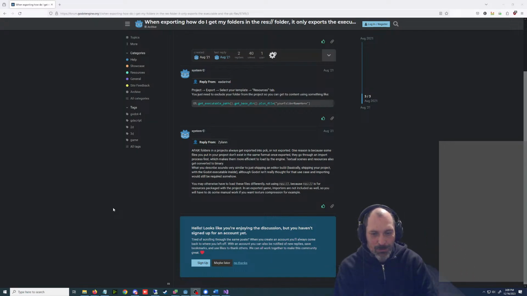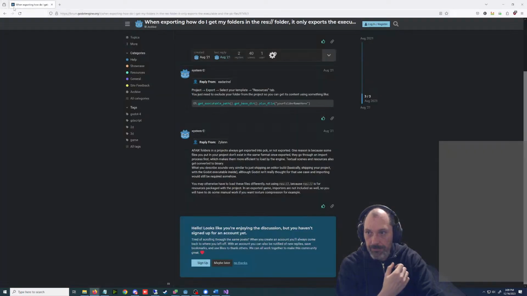That took a while for that thing to pop up. I must have been on this page long enough to trigger whatever. They go through an import process first, which makes them more difficult to load by the engine. Textual. You may otherwise have to load these files differently, not using res, because res is for the resource packaged with the project. In an exported game, importers are not included as well, so you have to do some manual work.